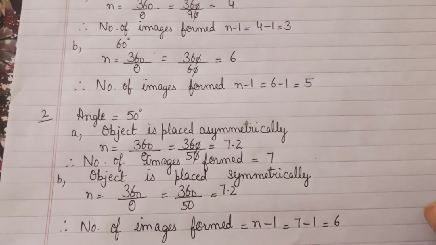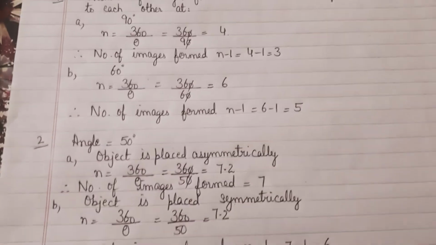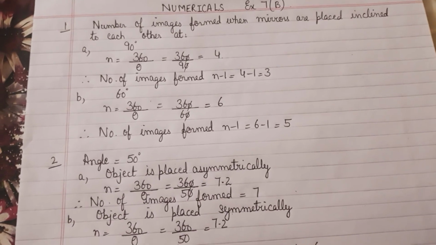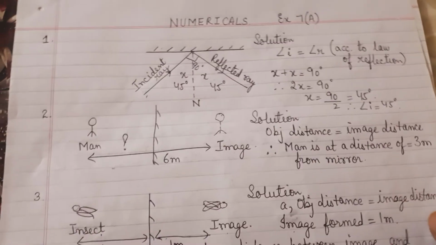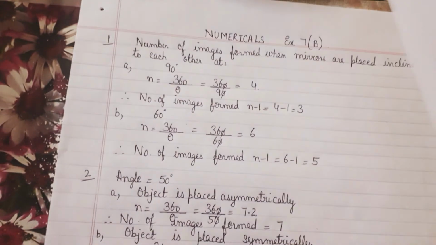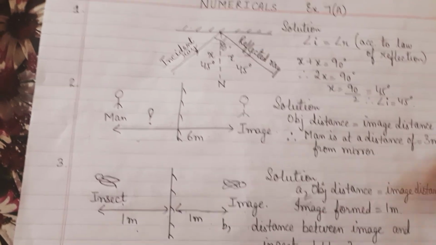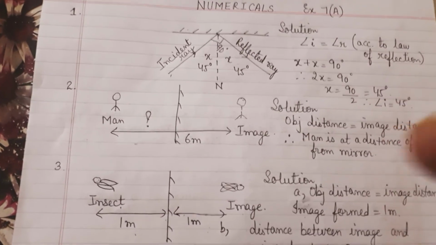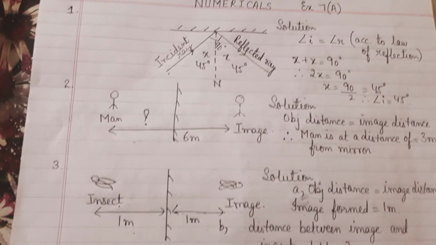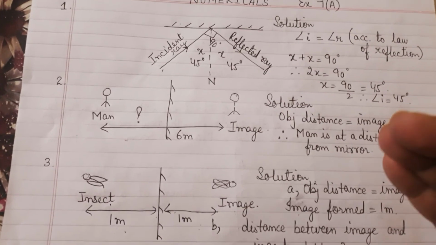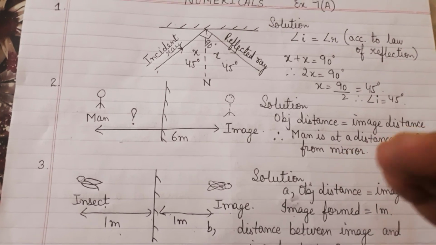Okay. So with this, we end exercise 7b, which had only 2 numerical problems, and exercise 7a had 5 numerical problems, children. And what I want you to do is that you will go and solve these, read the questions, numericals again, and solve them on your own. Okay, try to practice them, and doubts will be taken up in the interactive session.